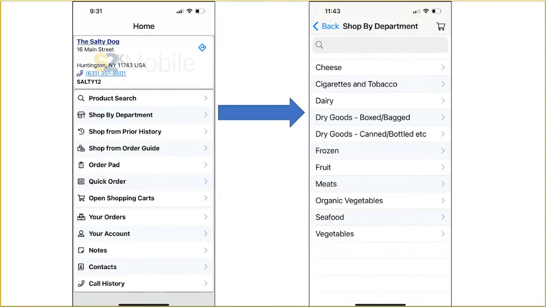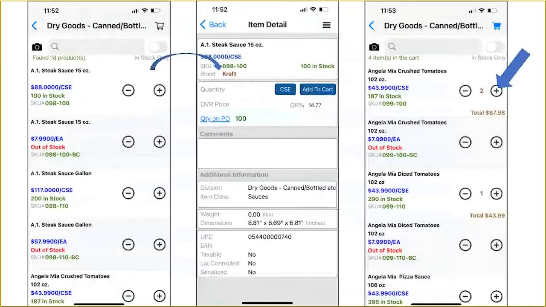And search for those products by department. Right, so these are your product divisions, and you can click on any one of those. Let's go into the dry goods canned. Right, so dry goods canned, you can see here's all the products in that division. Okay, so you can search by division, and then even within that division, you still have your text search on